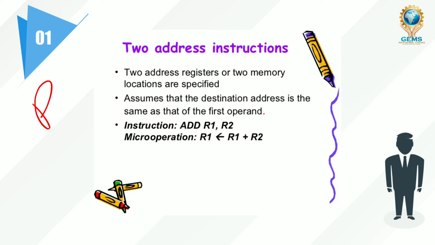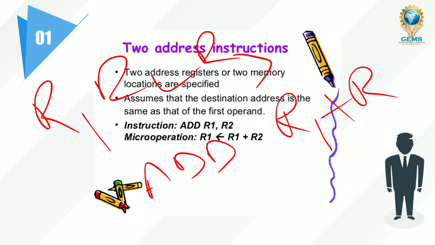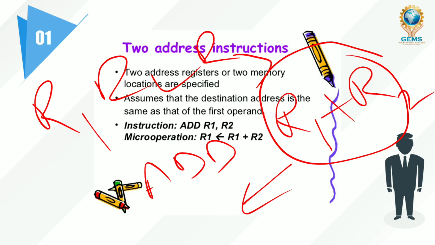Previously we have seen R1, R2, R3. Now we are going to see only 2. The operation is the same: add. R1 plus R2 you want to add. The result again you want to store into R1 only. Here there is no other register. We have only 2 registers, only 2 addresses. One is R1, the second one is R2. So we are not mentioning one more address here. This kind of instruction is called a 2 address mode instruction.